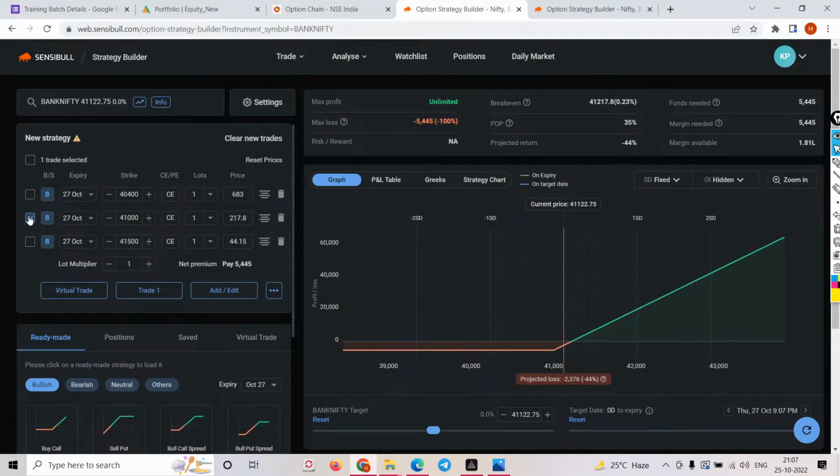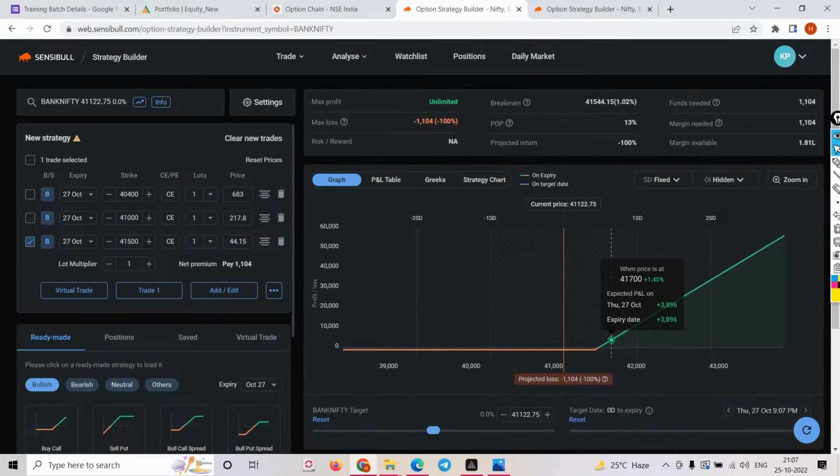Now I'll deselect this and go for OTM. This is my OTM. I'll go for a 1% move. Let me take 1%. So you are at a loss of 104. You're getting the difference because you took the OTM. What is the delta of the OTM? It will be from 0.5 to 0 basically. Even though the market has made a 1% move, you are still seeing a loss in your OTM strike. Everyone will say that, yeah, I would rather say you go for OTM.